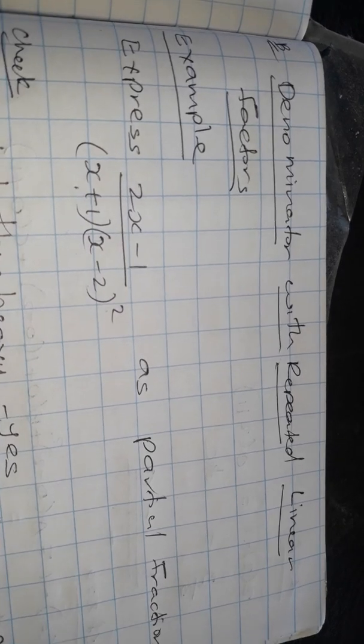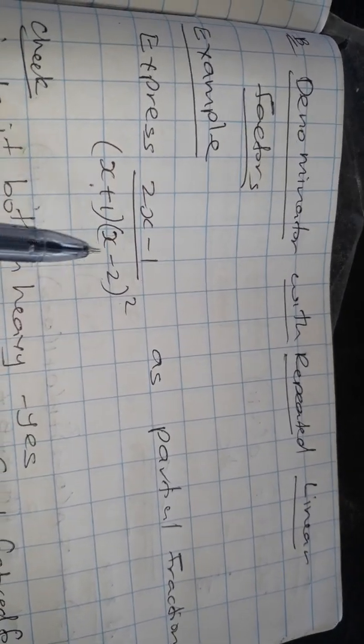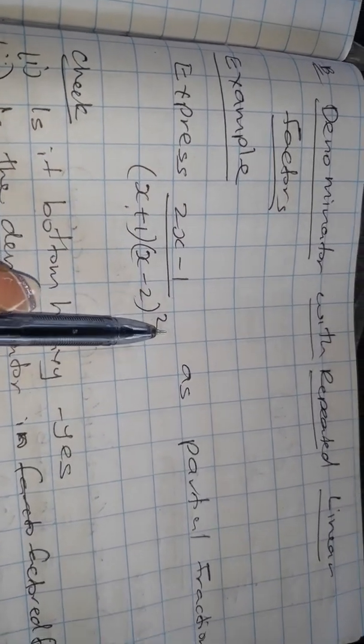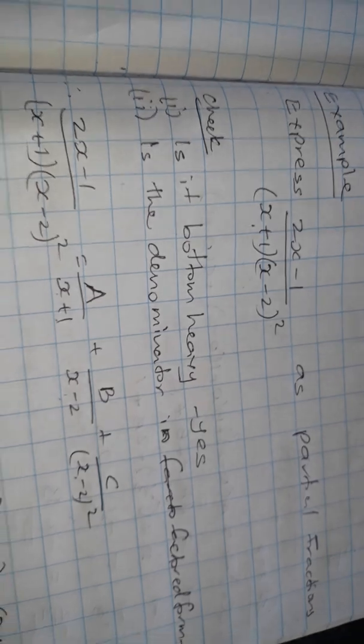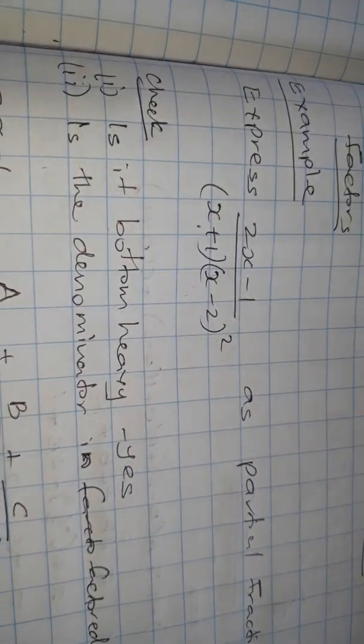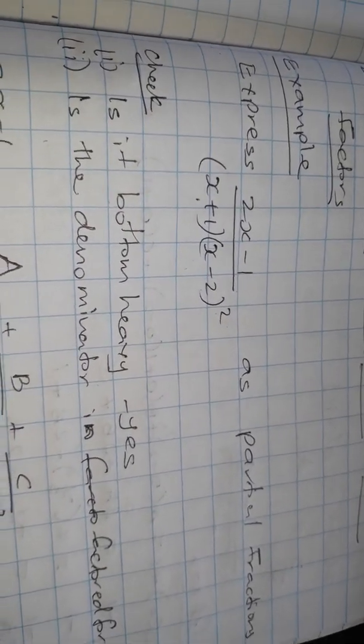Okay, we are going to look at partial fractions with the second case. The second case of partial fractions is denominator with repeated factors. You will see here in the example the denominator is repeated. And we will follow the same check rule that we have been doing to see, yes, we can do